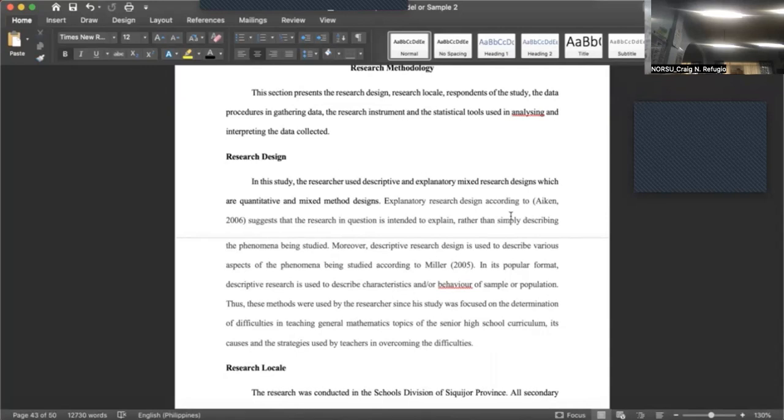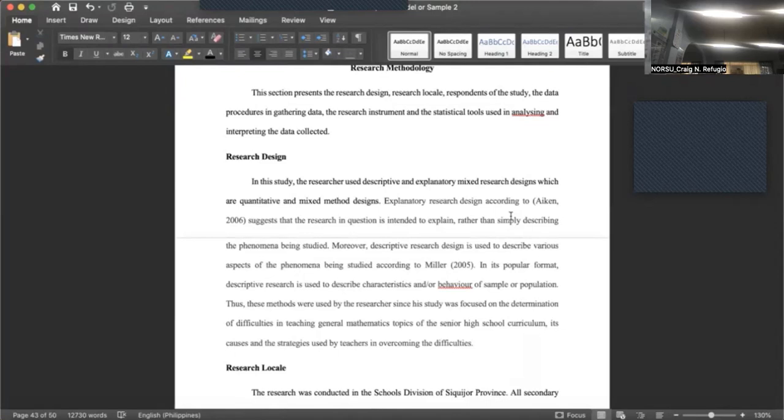So I want you to have additional literature stating about descriptive research design and stating about explanatory. So first, copy what is in there according to ICANN and according to Miller. But I want you to add two more literature that will support the use of descriptive method and explanatory method. Did you get me? Yes, sir. Okay, is it clear? You can copy everything in there,